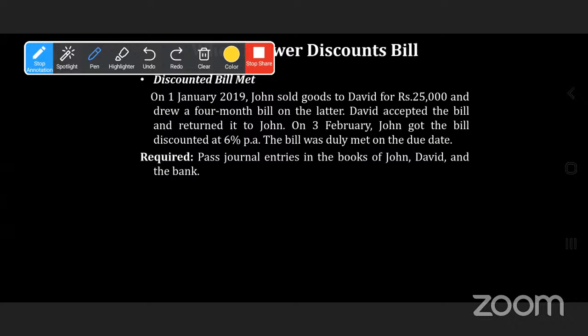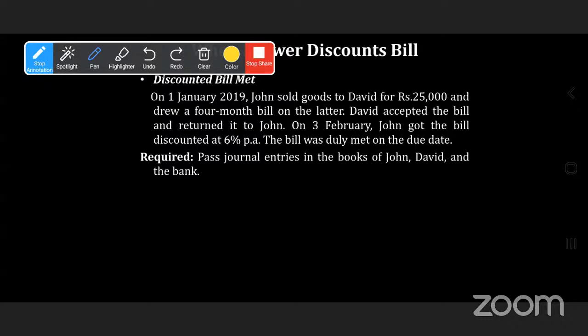What is the entry? Bills receivable account debit to John's account. No. John's account debit to bills payable account, credit. So here, on February 3rd,